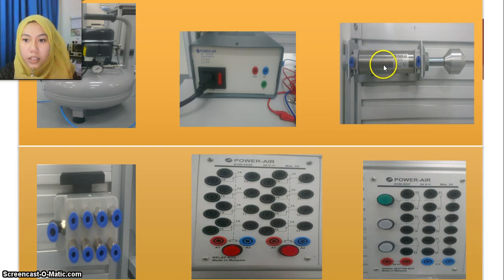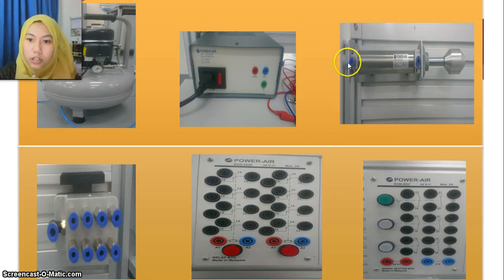Okay, this is the double acting cylinder, with the function to extend and retract when it gets the signal from the air pressure. A double acting cylinder has two tubes, one to extend the piston and one to retract the piston. Okay, this is the regulating valve manifold. The regulating valve manifold also functions to supply the air from the compressor,